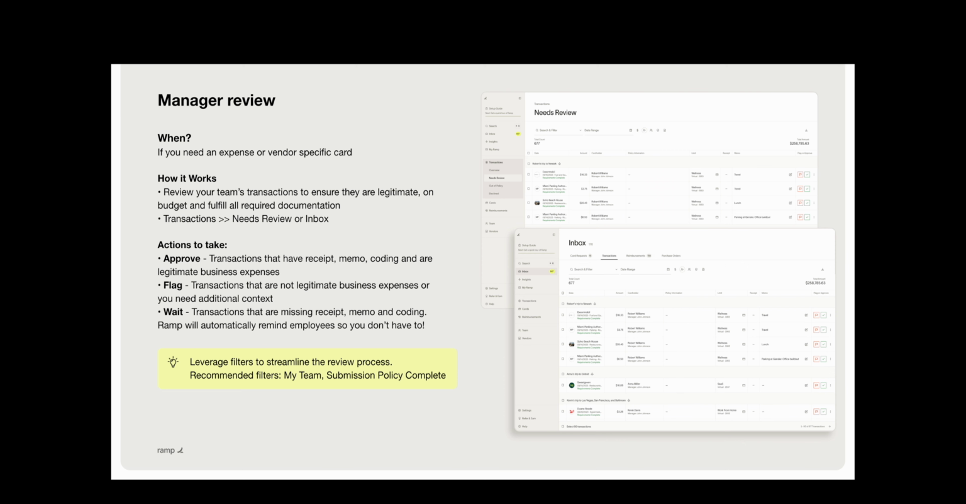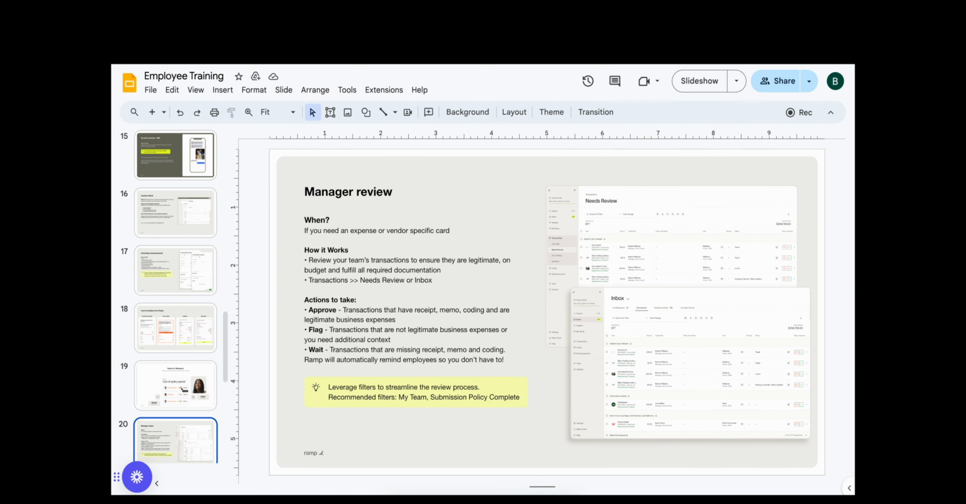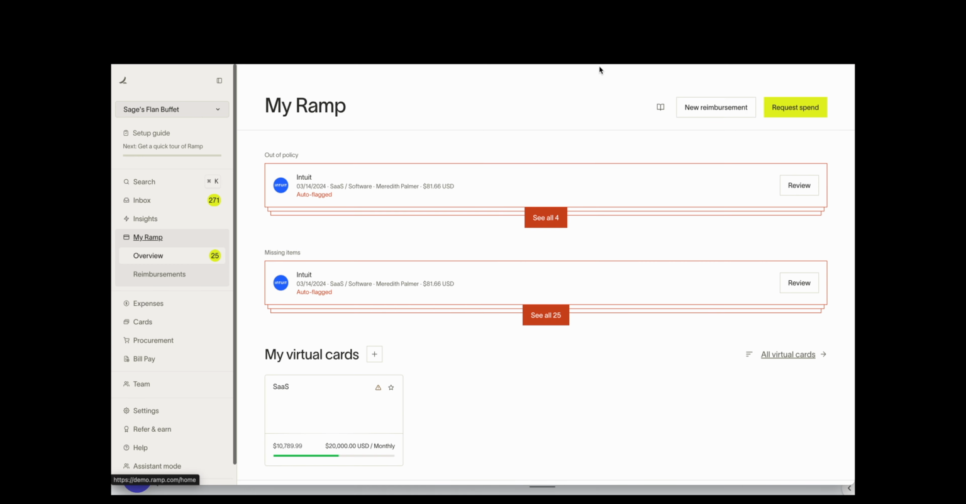So there's only 3 simple actions managers need to take: approving transactions, flagging any transactions, and then simply waiting for your team to submit their missing receipts and memos and coding. Ramp automatically reminds your employees so you don't have to, although I will be able to show you a way to do so. So if I come now back into my Ramp tab, I am now in a manager view. So please note there's a few